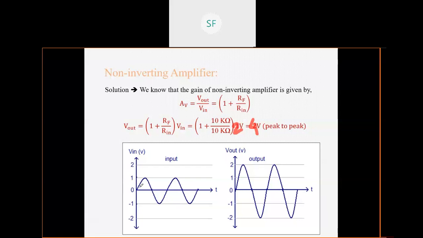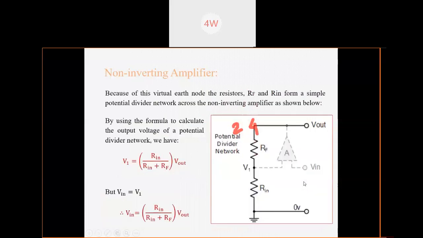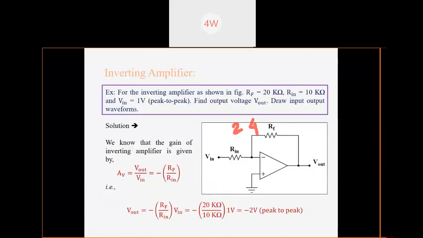So I got one question, why do we take V in equals to 2? It is because it is given. The value of V in is given to us, so that's why we have taken it. Sir, in the previous problem it was 1, right? No, in both problems there was only 2 volt. So this is a small correction from my side here. It should be 2 volt only.